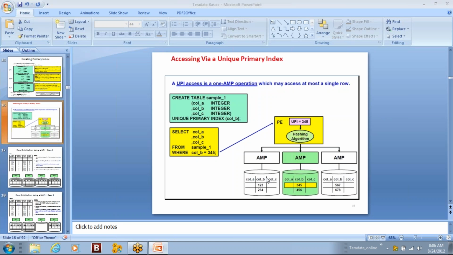Okay. So once the distribution happens, and when we start selecting the data, and if we use the primary index in the where clause, the hash algorithm already knows what is the row hash value of this particular primary index and in which amp it has been stored, so it can directly go and pick up the row from that particular amp. So that is called a 1 amp operation. So this is an optimized way and the best way of accessing data out of Teradata tables.